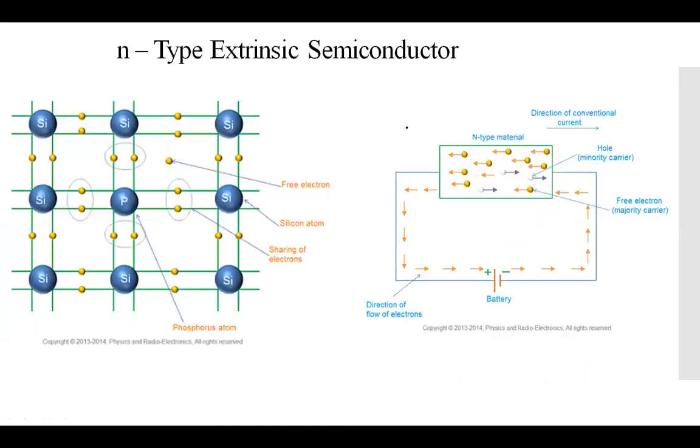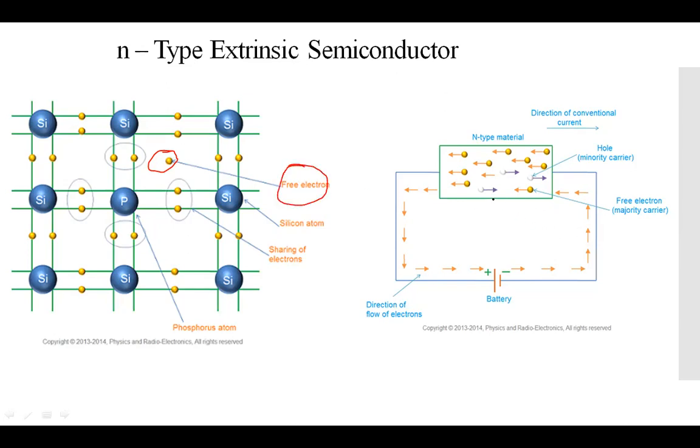And now for the n-type semiconductor material, you can see that the pure, or intrinsic, semiconductor material is doped with the phosphorus atom. In the phosphorus atom, the valence shell has 5 electrons. So you will have an excess electron here, which is a free electron, because the other four form covalent bonds, sharing electrons. So this is our free electron structure given here.